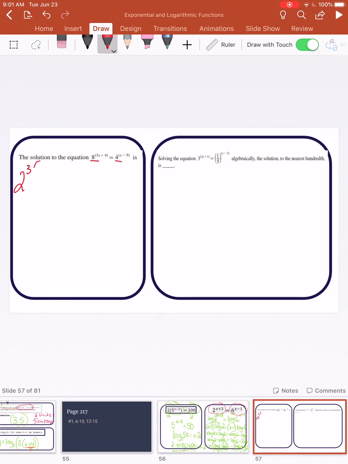And sometimes I have kids who ask, well, could I still log both sides? You could, but you will find that I will give you more difficult questions where you can convert to the same base. So that's why you need to make sure that you recognize one or the other. 4 is 2 to the exponent of 2. Now all I'm going to do is distribute that 3, so I end up with 9x plus 12